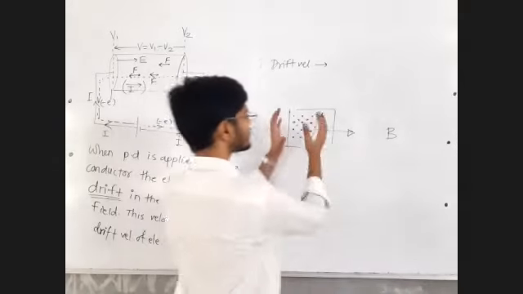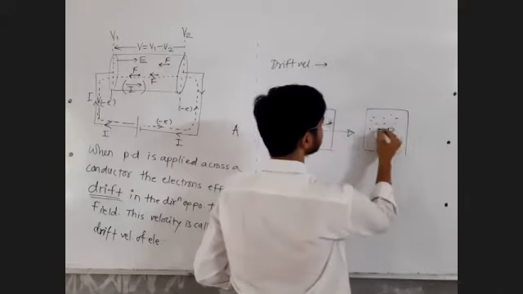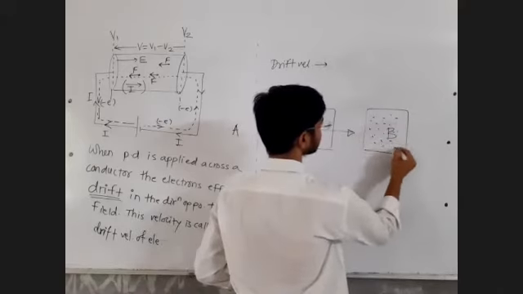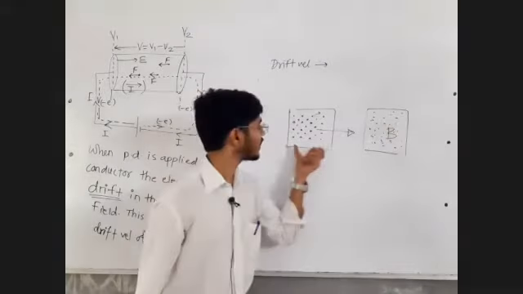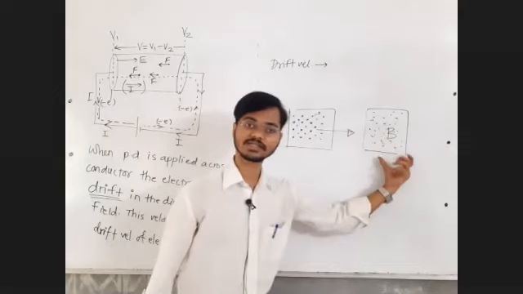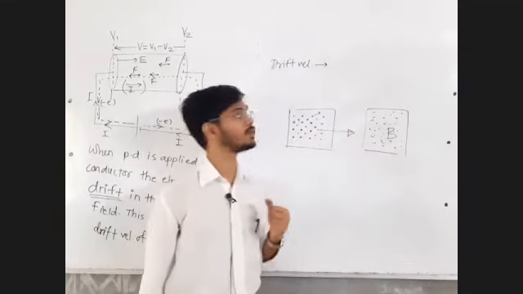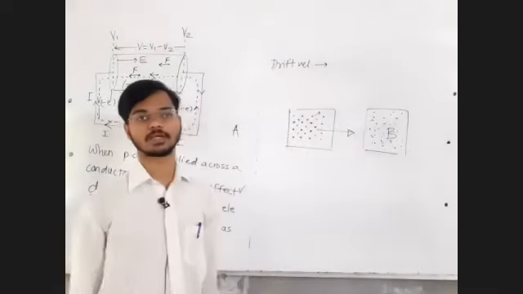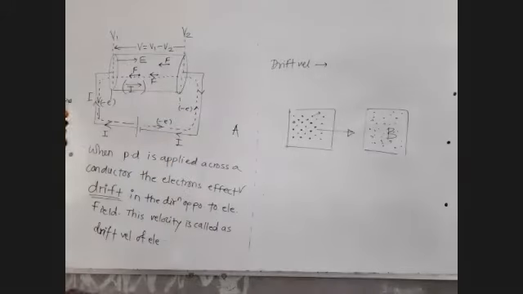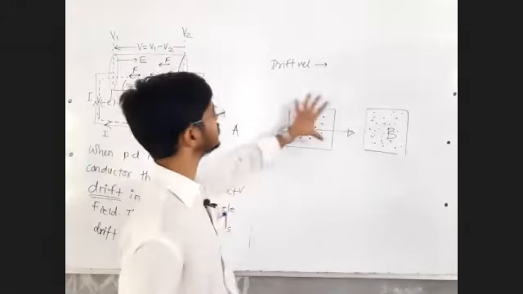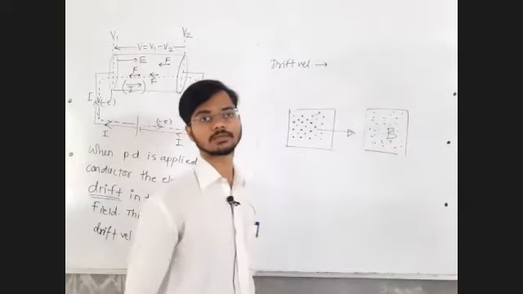After some time, the same group will be observed here at location B. They will reach their destination. Over a period of time, the group travels a certain distance. So distance traveled upon time taken is going to be the speed, and that speed is called the drift velocity of the electrons. Reply me in the chat box. You can assign the concept of drift velocity to the group of electrons.